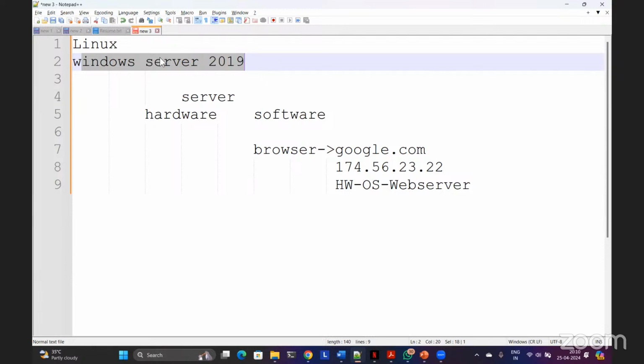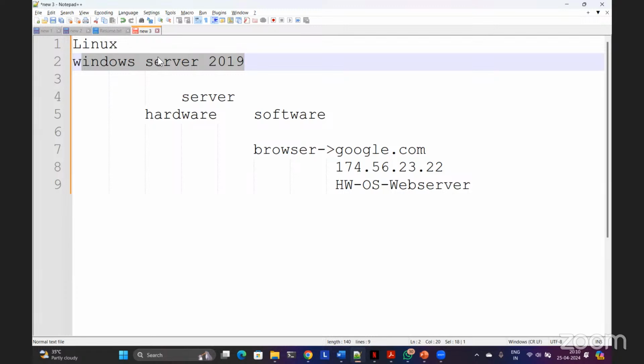Okay, so Linux is preferred when the business demands are a bit complex, or we can say resource intensive. There is a lot of traffic on the website, and it needs good processing, a good server to handle all the requests. So a Linux server will be preferred over there.